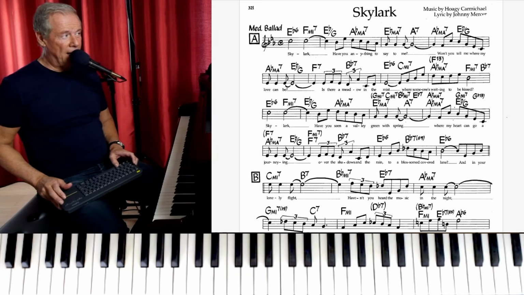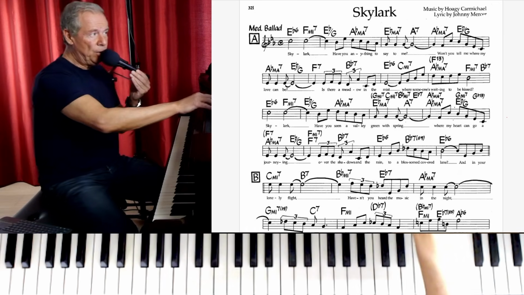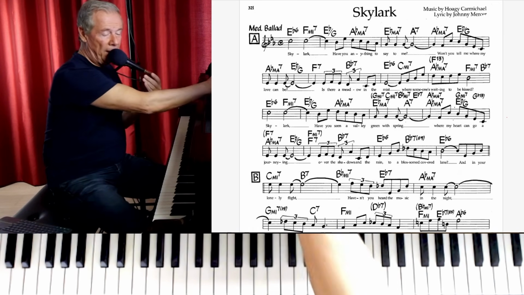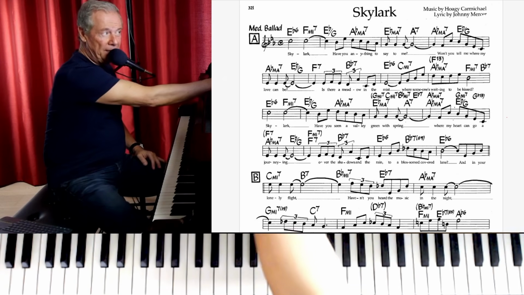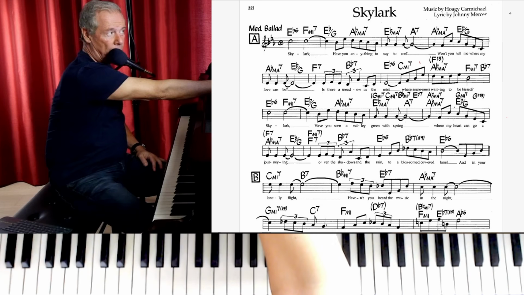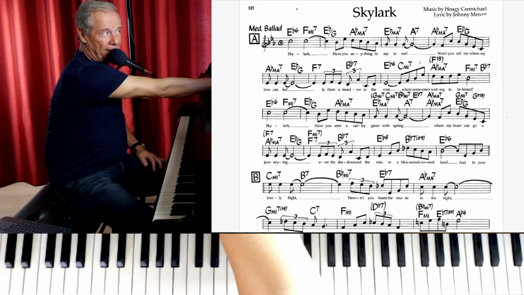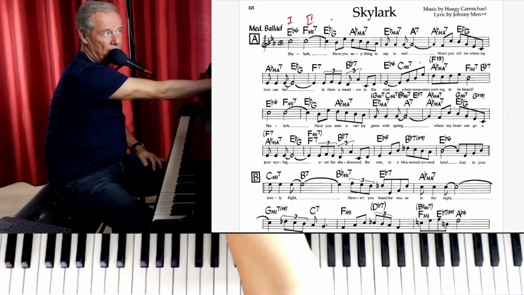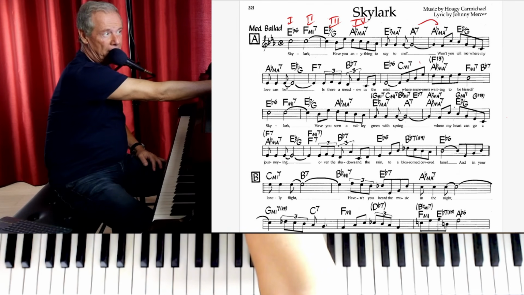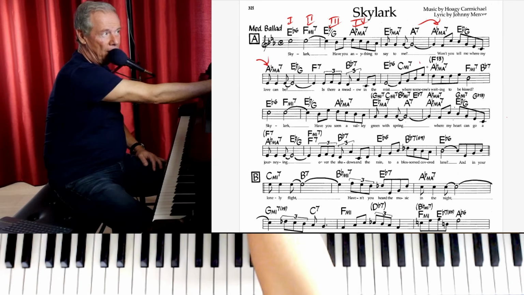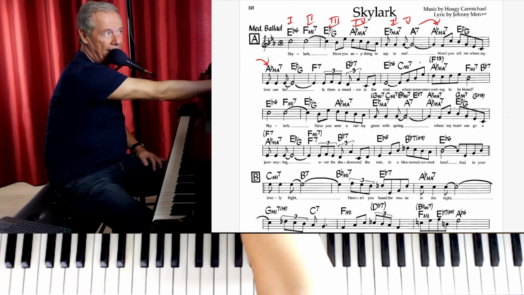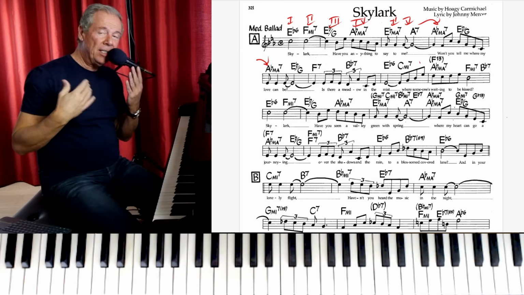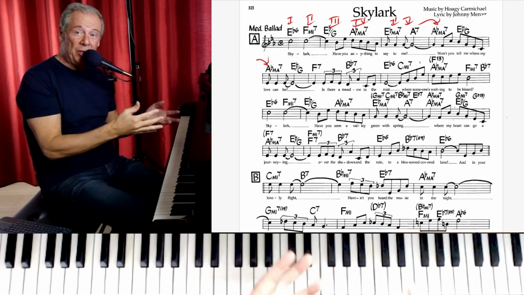So let me quickly put Skylark on the screen. It's the tune that I started improvising on at the beginning of the video. So the first thought that I have in any piece of music, if I'm going to improvise, is what we call the chord progression. And in Skylark, I think it's a fairly simple one. You basically map out what the chords are doing. So this is 1, 2, 3, 4, and then you're going to eventually make your way into A flat major temporarily, and then again here. Some kind of 2-5 that would head to A flat major,